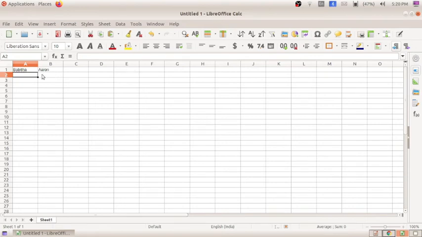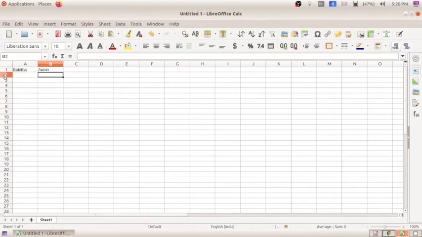If I place the cell pointer here, and I want to know the particular address of this cell, how can I do that? When I place my pointer here, you can see the color change in the column, and in the row the color changed.